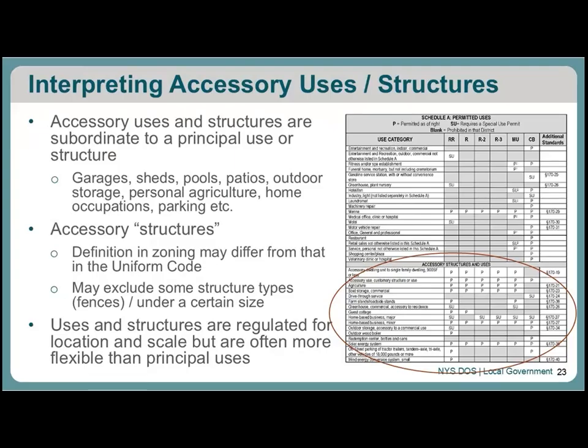And then in addition to principal uses for properties, zoning likely covers accessory uses and structures and how they can be developed on a property. That can be something that is a little harder to find and is a little less consistent from zoning law to zoning ordinance. So you will need to really look at your local zoning to understand how you address these uses and structures. But they are typically things like garages and sheds, pools, patios, maybe personal agriculture, home occupations